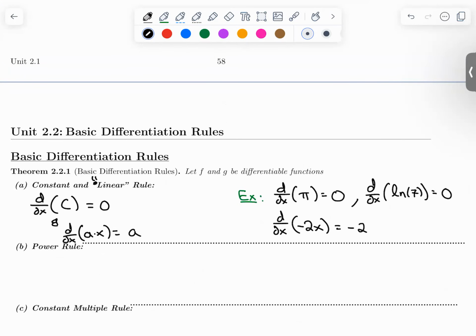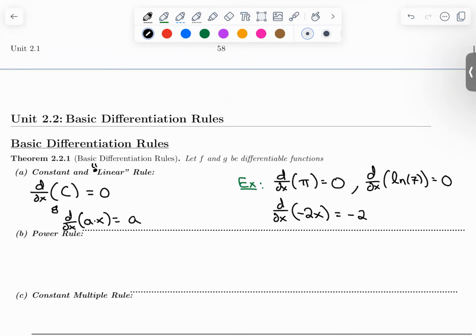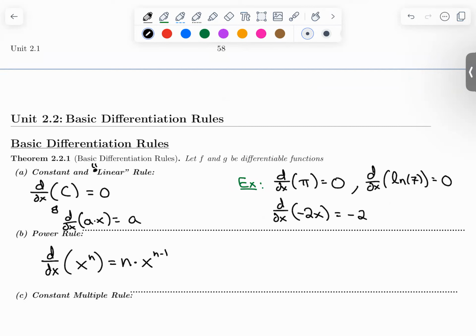Then the next one is the power rule, the most important one out of all of them, in my opinion, because this one gets used in every situation. Almost every situation will involve a power rule in some way, shape, or form. So the power rule says that d dx of x to the n equals n times x to the n minus 1 for any number. So to give you two examples,